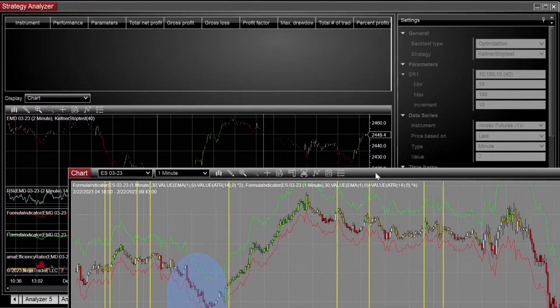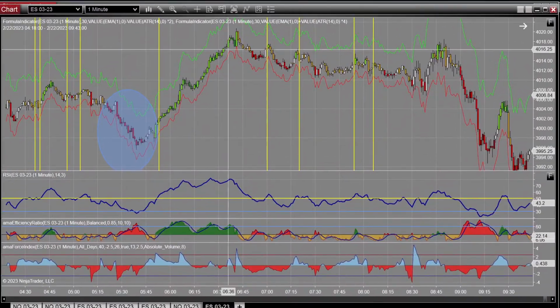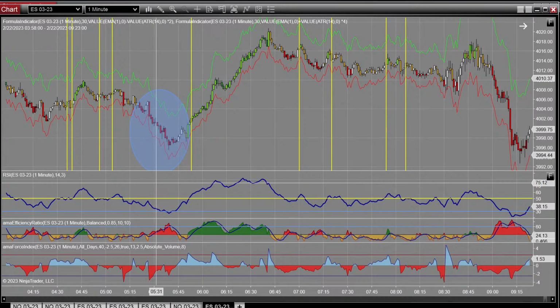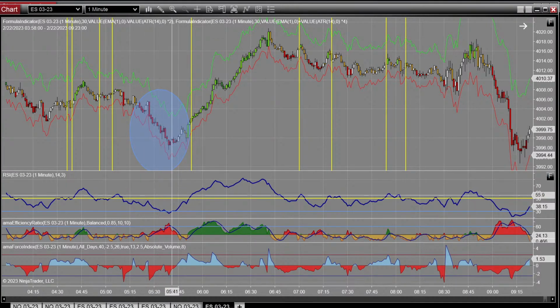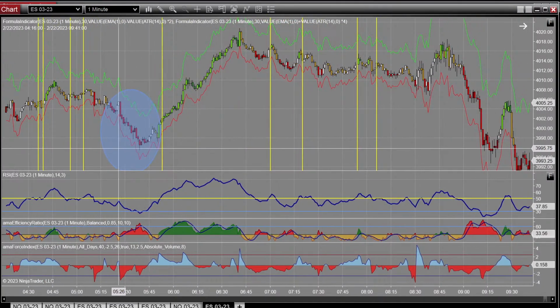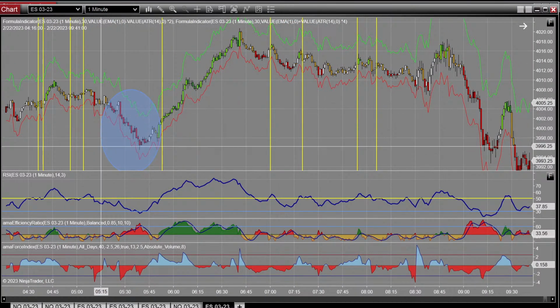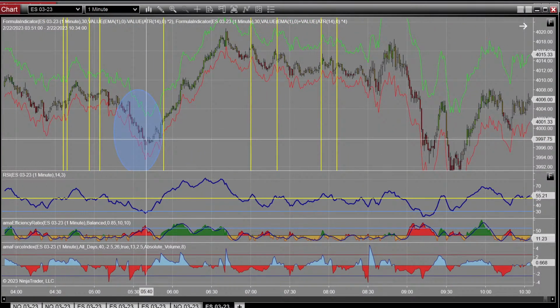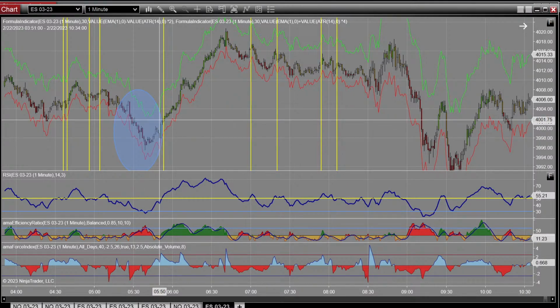So it turns out this pattern isn't doing so well. But that opens up the doors for a different pattern. Because honestly, what we're trying to do here is a textbook reversal setup. Right? We're in a big fat downtrend, and now we're looking for a buy signal. And I don't think this pattern is doing very well,